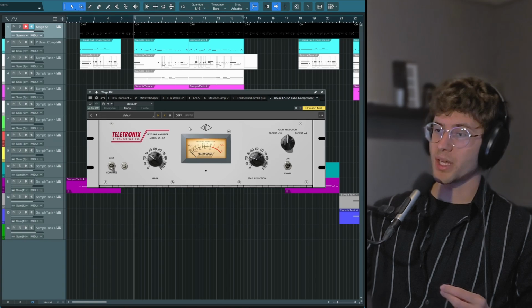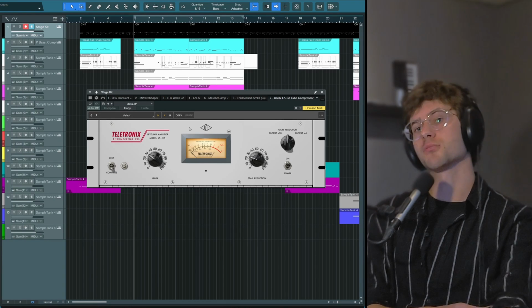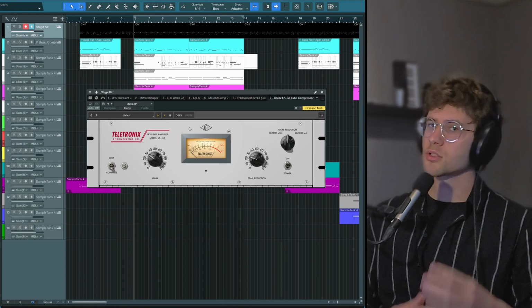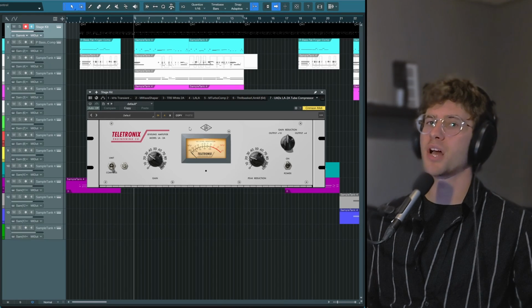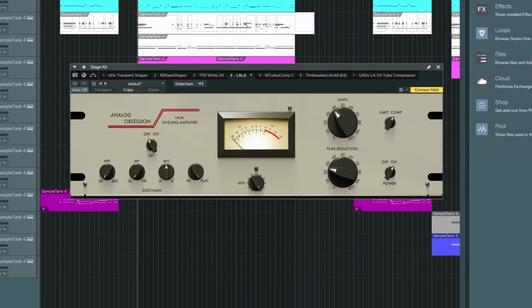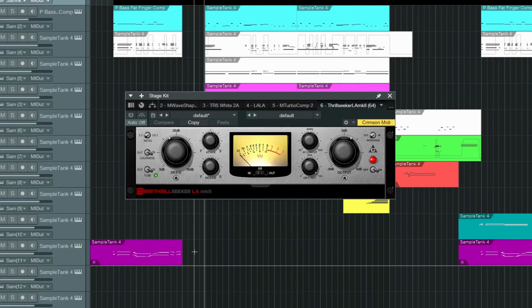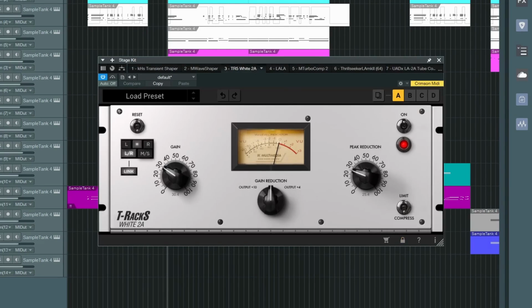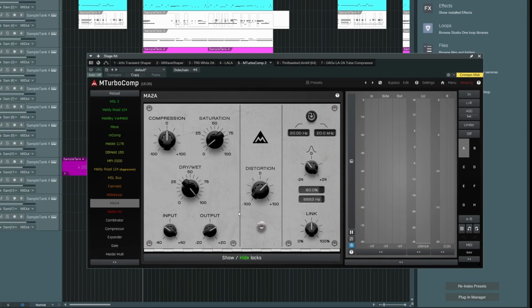And I wanted to compare UAD's version that is currently free with some other versions that are always free, and also just with two further ones that I happen to have installed. So the plugins we're going to look at next to the UAD one is, of course, Analog Obsession's LALA. This one is always free. The other freebie is Variety of Sounds Thrill Seeker LA, which I don't see mentioned too often as a free LA-2A version, but it does sound very similar to all the other ones, I have to say. I also want to compare to IK Multimedia's White 2A, part of T-Rex, and the last one I want to compare to is the M-Turbo Comp device MA2A, which is supposed to be Melda's LA-2A emulation, the UAD one.